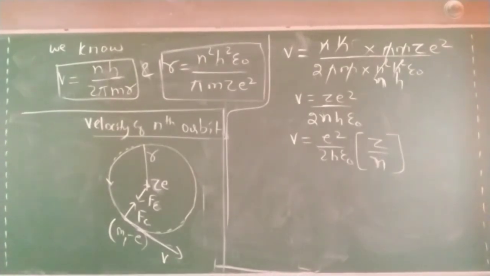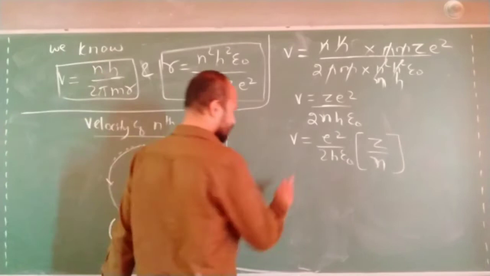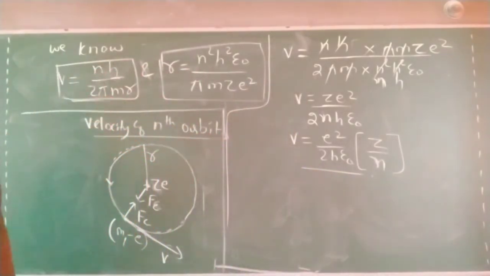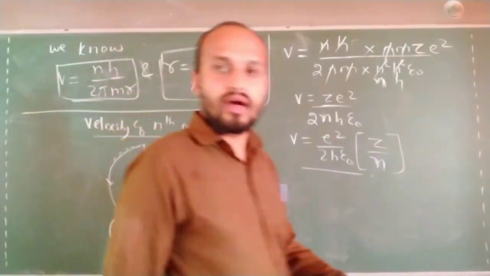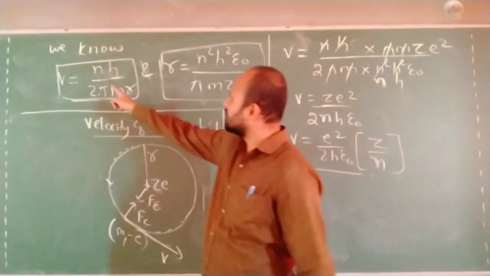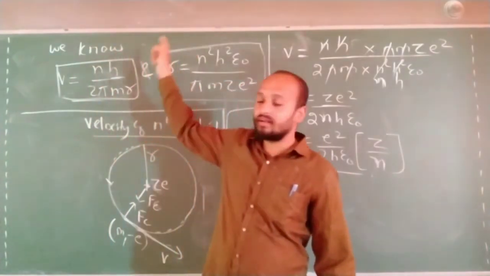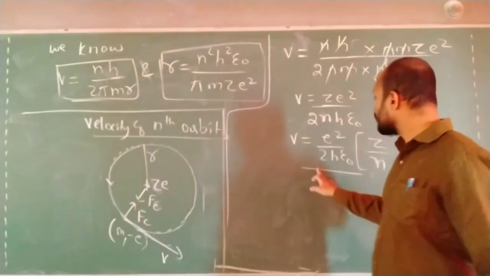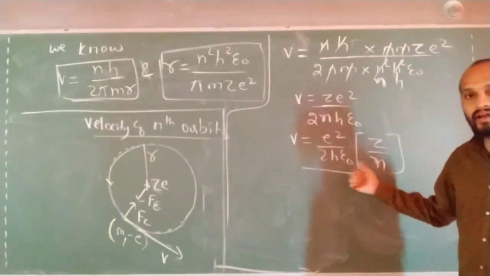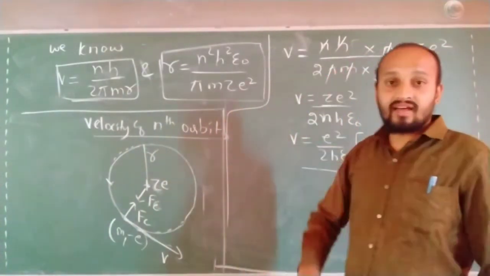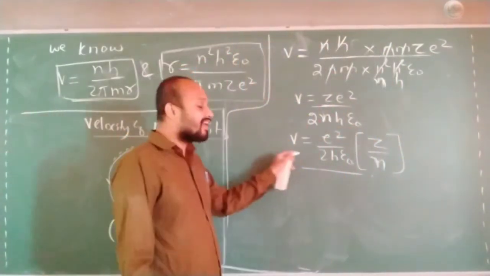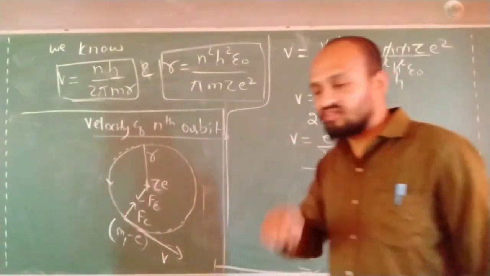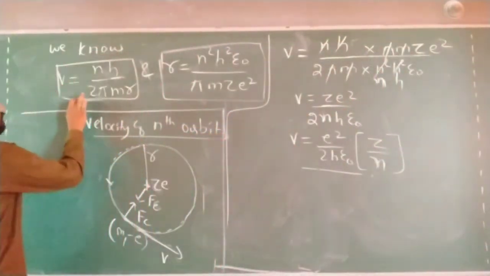What I was telling is, look at this equation. You will get confused: sir, in this case, if higher orbits are there, velocity of the electron is going to increase. Correct? No? But by looking at this equation, you will say, sir, if higher orbits are there, velocity is going to reduce. Which is correct in this? I will give the answer for that.